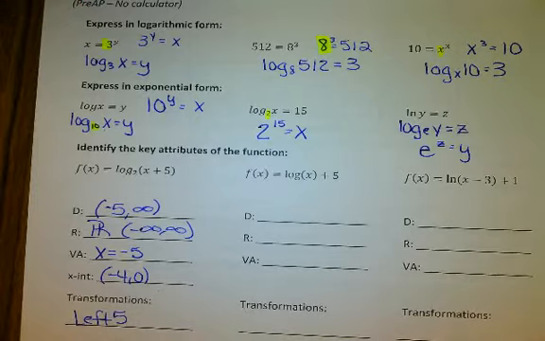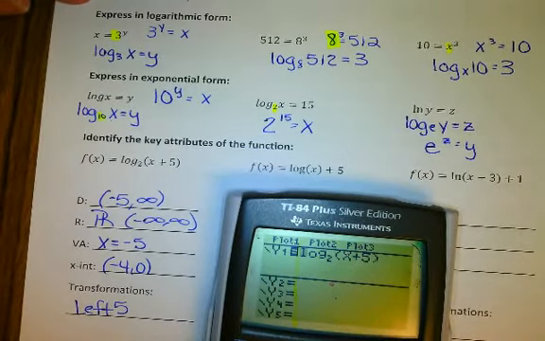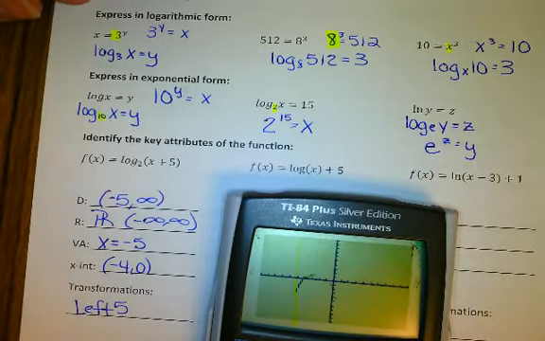Okay, on the next one, again, it helps to sometimes put it in the calculator so you can take a look at it. So on this one, I'm going to put a parenthesis there, and then +5, so it's a little bit different. It kind of looks the same, but it is different. Alright, and then if I graph that, again,